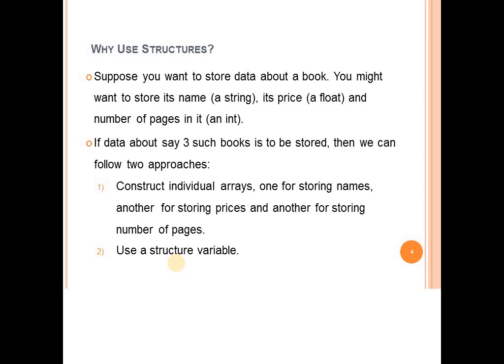So here we are getting an idea: an array is a collection of the same data type together. It may be 10, it may be 1000, it may be lakhs, no issue, but they are of the same type. Maybe integer only, float only, or character only. And the second approach that we are going to see is with the help of a structure.